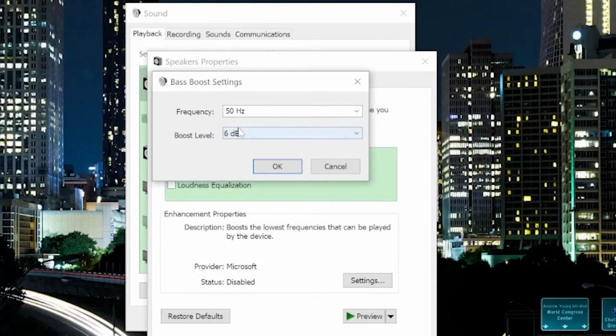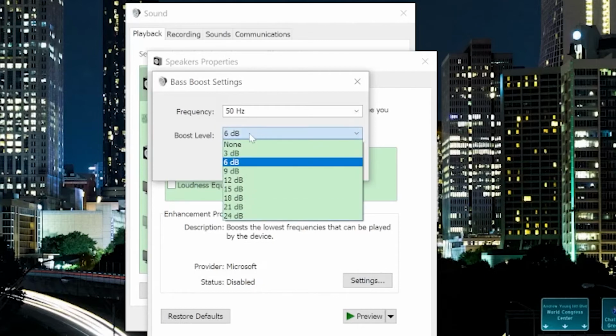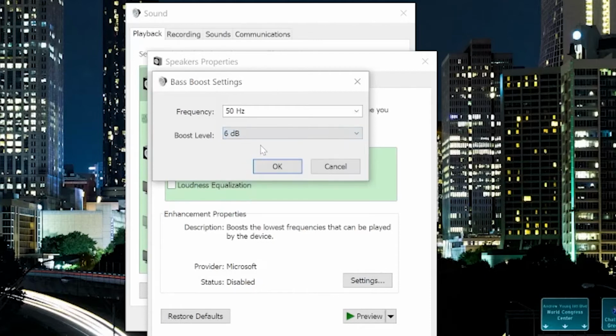If you don't know what's the difference between the frequencies, you can just play a music and choose different frequencies while listening to the music to understand which one is better for you. However, the lower number means lower bass frequencies and higher is higher bass frequencies. As you know, Pulse 3D is a little bit weak in low bass, so I choose 50 Hz and boost